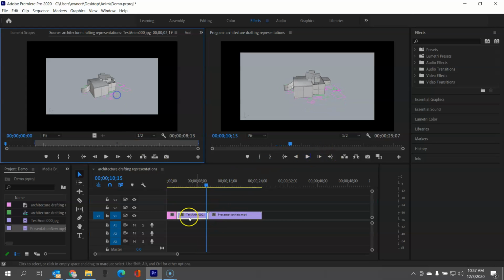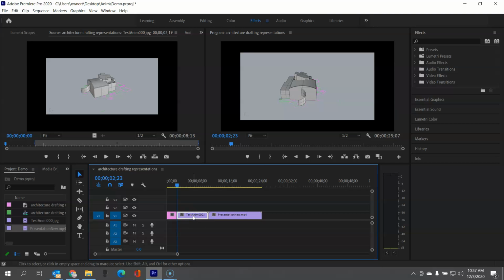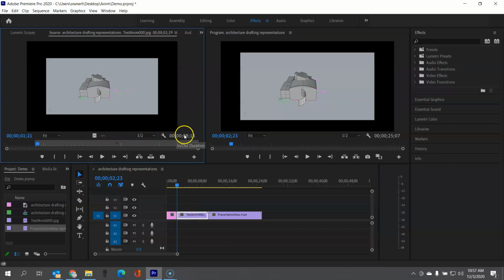So if you see this, this animation is now only this part, which is 8 seconds and 13 hundredths, meaning the first seconds and 21 frames I've clipped out, right? So this is my preview. This is what I can see. These are all the parts that I clipped out. Not something that I necessarily want specially for this, but in case you want to add it out of a longer time, you will be using this type of